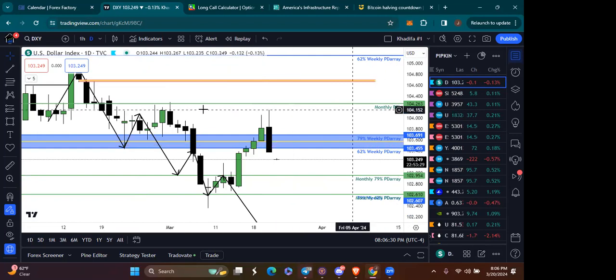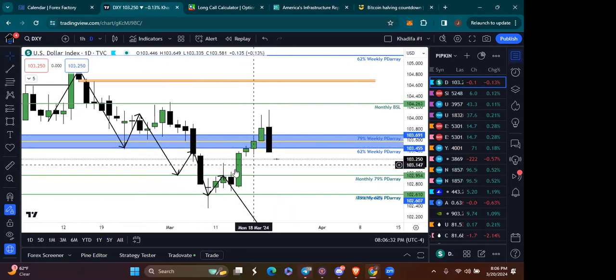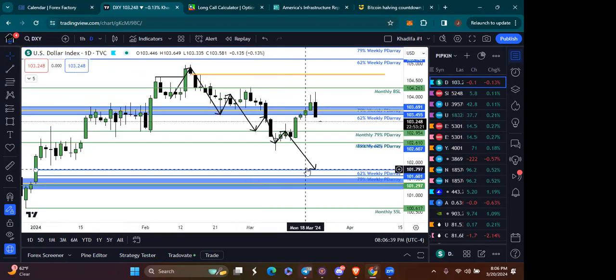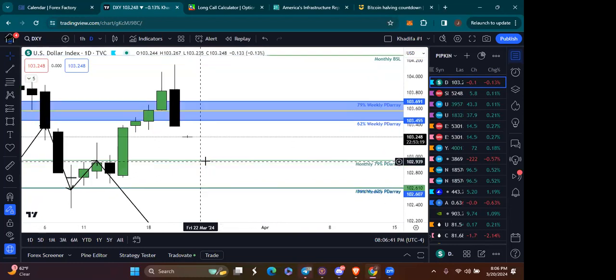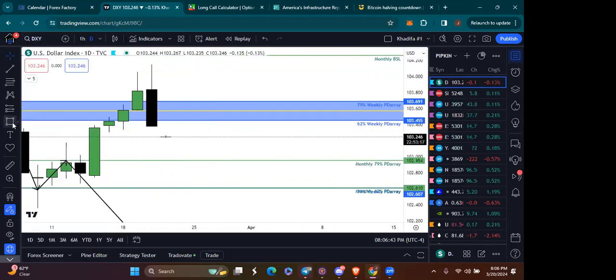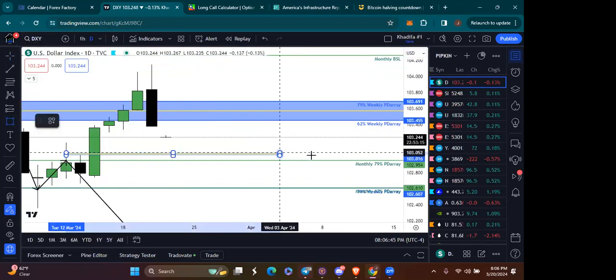So basically, if we break and close below the fair value gap that we're currently inside on the daily time frame,